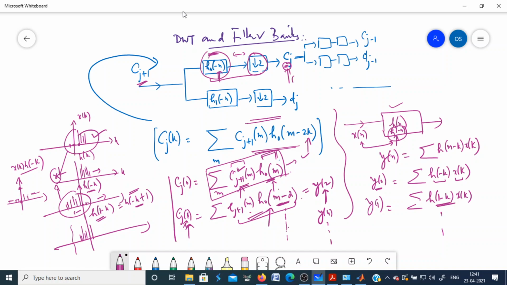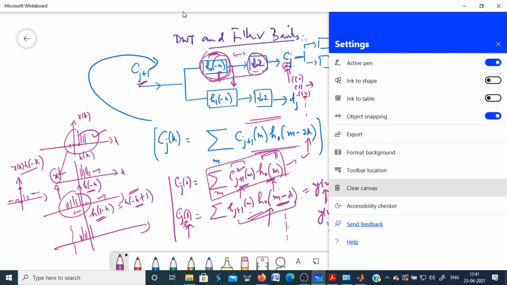Okay, so c0, then you'll get c1, c2, c3, but c1 is not the output of this convolution at n equal to 1, it is the output of this convolution for n equal to 2. Then c2 is not the output at n equal to 2, it is for n equal to 4. So you are discarding one sample in between, so that is why we have decimated it. Okay, this is what we have done in the analysis process.